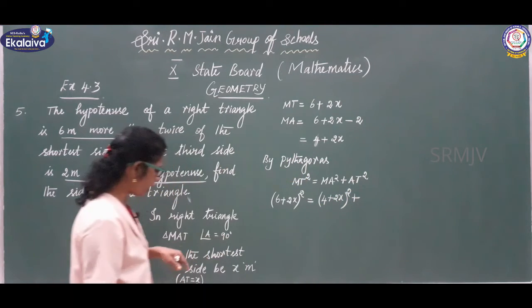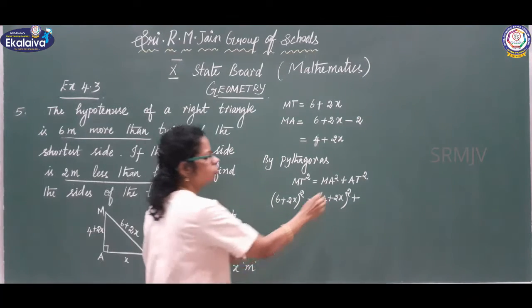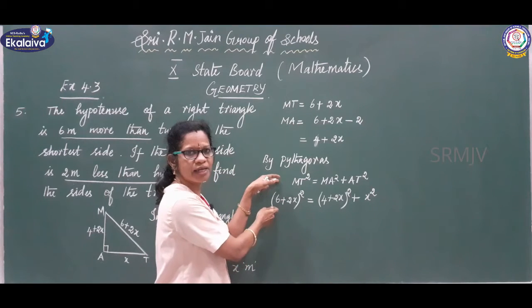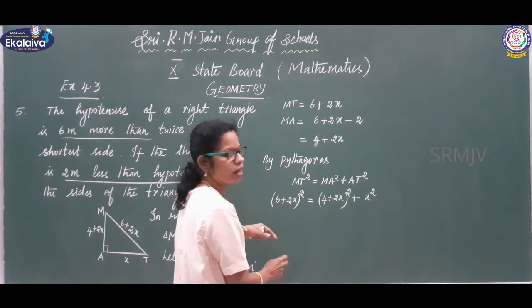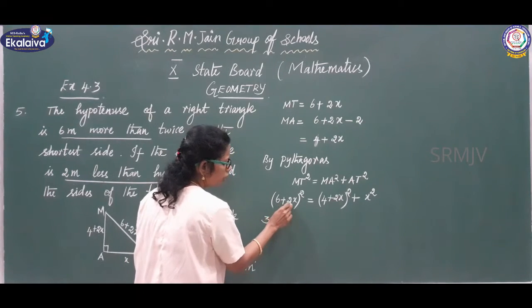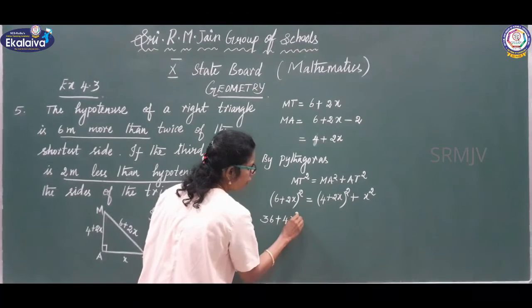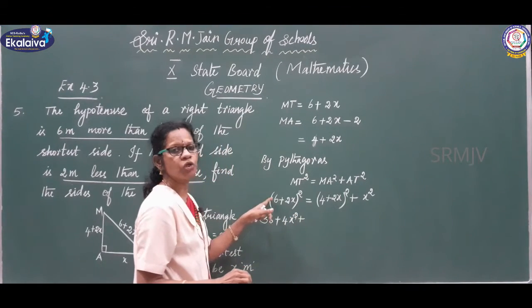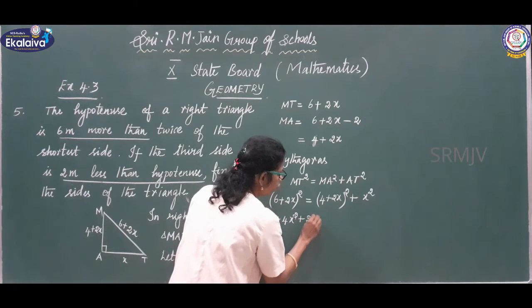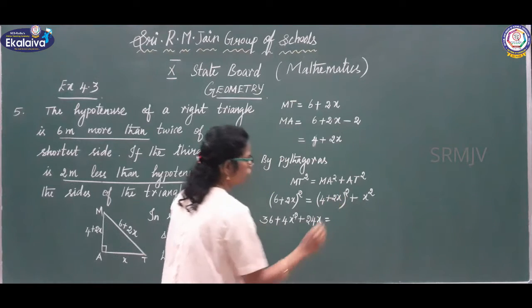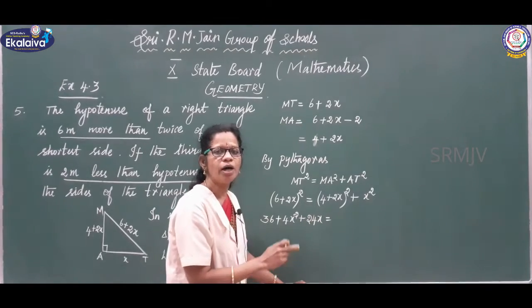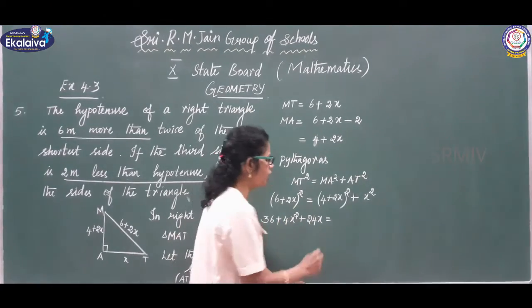What we consider as AT? AT is x. So, AT can be replaced by x square. Now, we are going to apply the identity a plus b the whole square. Now, a square, that is 36, b square 4x square plus 2ab, 2 into 6 into 2, 2 6 are 12, 12 into 2 24, 24x equal to, again the same, a plus b the whole square identity, a square plus b square plus 2ab,